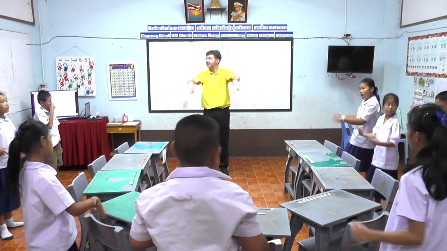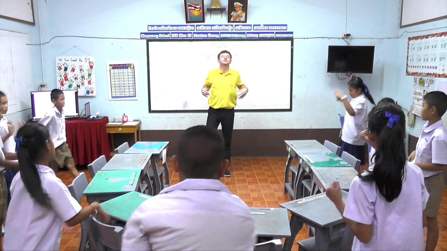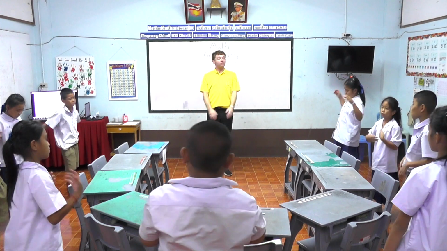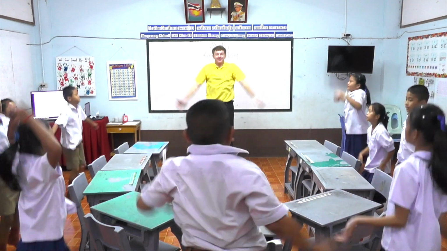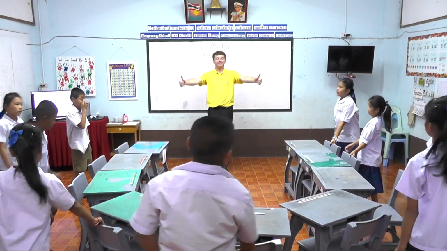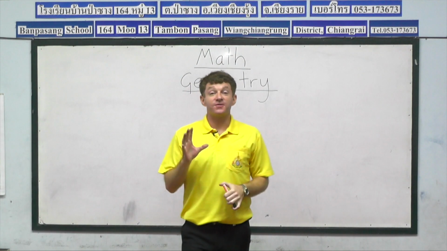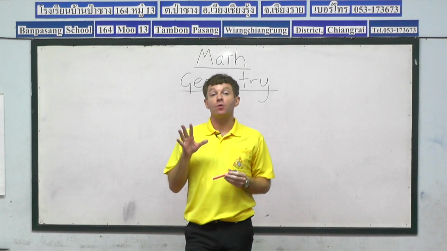And now we'll shake it out. Arms and legs, shake it out. Shake it out. Shake it out. And to finish, we'll do 5 star jumps. 1, 2, 3, 4, 5. Excellent. Have a seat. So today we're learning about angles, and what I'll do now is I'll do a board